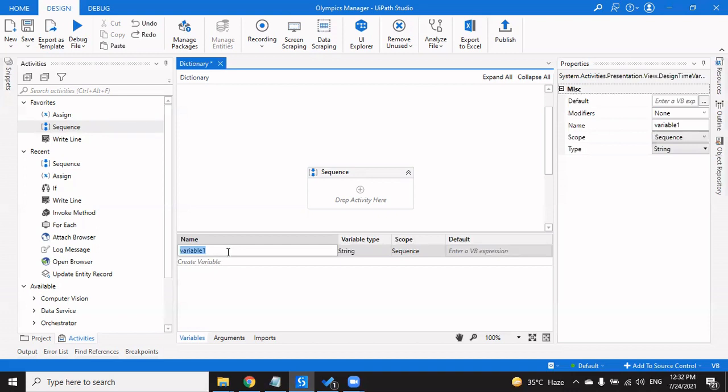Also, another major difference between hash table and dictionary is that hash table can store generic data types, wherein you need not mention whether it's a string or an integer or a date. Whereas if we come to dictionary, it stores data of a specific data type only, which means we need to mention what data type we're going to store in the dictionary.